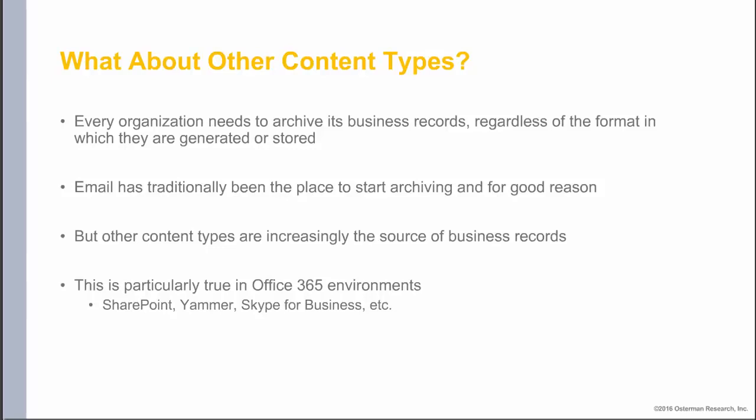Now, while email has traditionally been the best place to start archiving because most of the content you're going to need for things like e-discovery or regulatory compliance are stored in email, there are lots of other content types to consider because those contain some sort of business record, whether that's in social media of some kind like Twitter or Facebook or LinkedIn or wherever it might be. It might be in SharePoint. It might be in Dropbox. There are hundreds of potential places where you are storing business records, where you have archivable content that should be stored in some sort of a long-term archive.